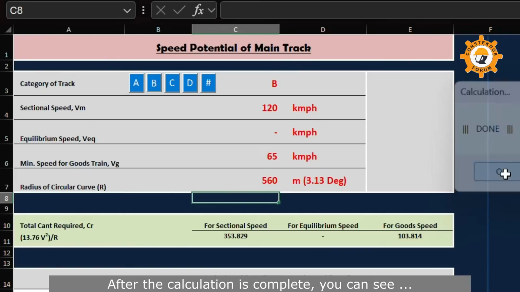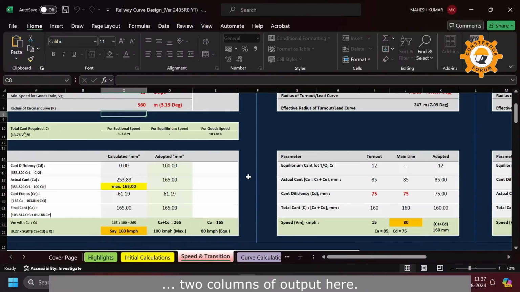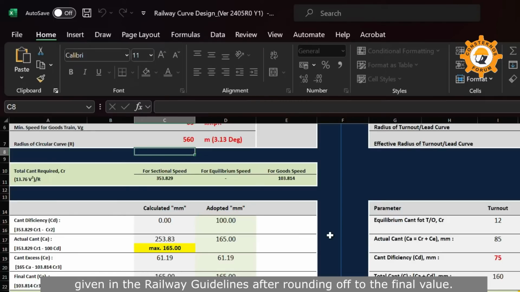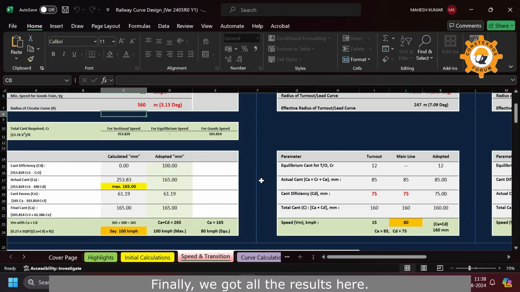After the calculation is complete, you can see two columns of output here. One is for calculated value and the other is for adopted value, which is based on the limits given in the railway guideline after rounding off to the final value. Finally, we got all the results here.